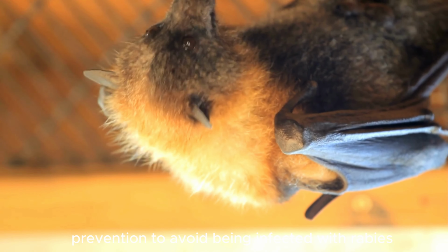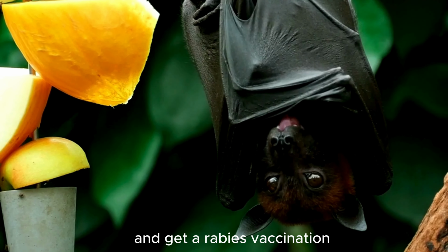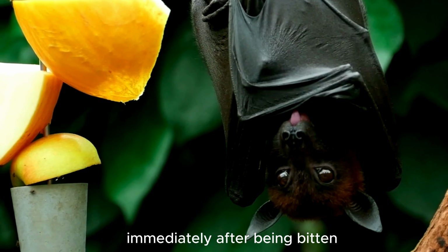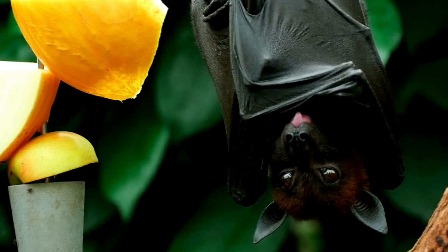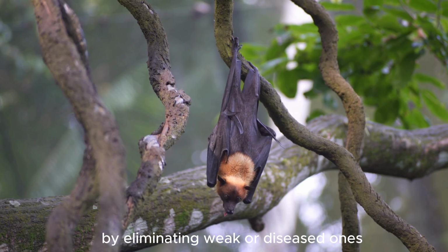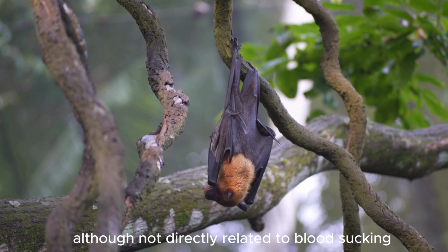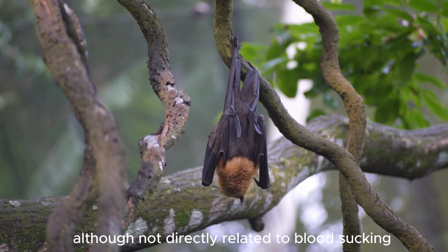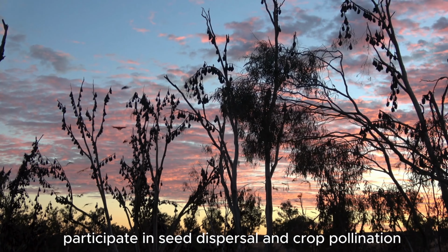Prevention. To avoid being infected with rabies, avoid contact with vampire bats and get a rabies vaccination immediately after being bitten. Role in the ecosystem. Animal population control: vampire bats help control animal populations by eliminating weak or diseased ones. Seed dispersal: although not directly related to blood-sucking, several other bat species related to vampire bats participate in seed dispersal